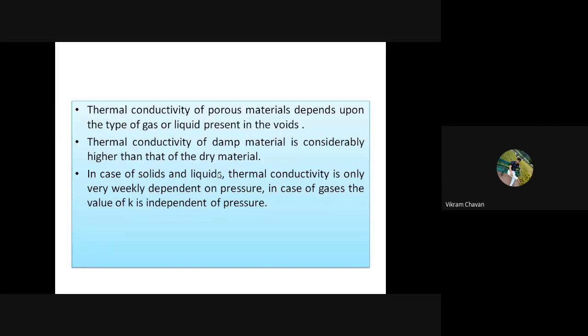Okay, so for two operating factors we have discussed, that is temperature and pressure. Which are the external factors on which the thermal conductivity depends. Now we have discussed the temperature. Now one line about the pressure only. So in case of solids and liquids, thermal conductivity depends only very weakly on pressure,